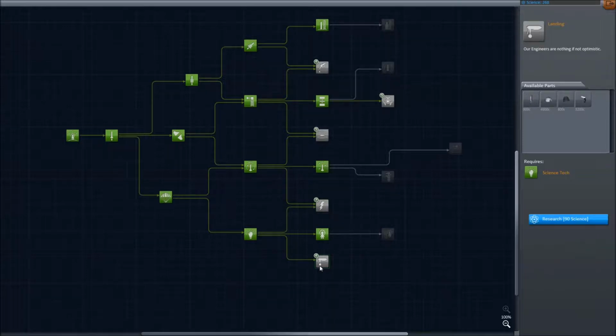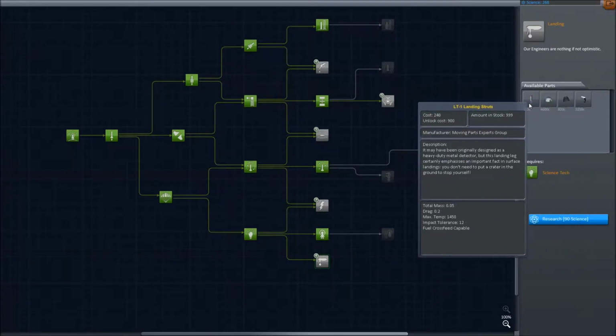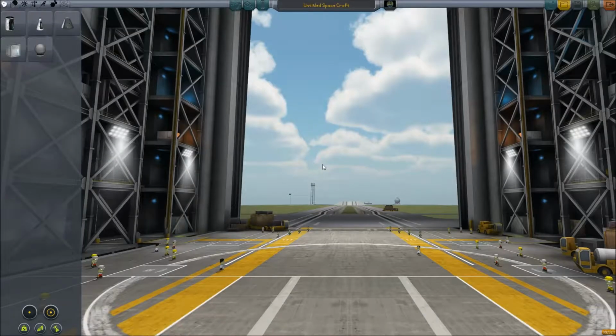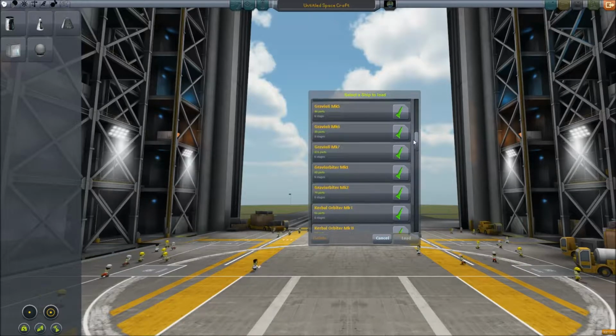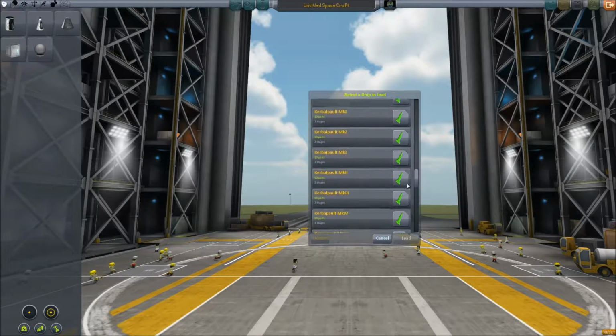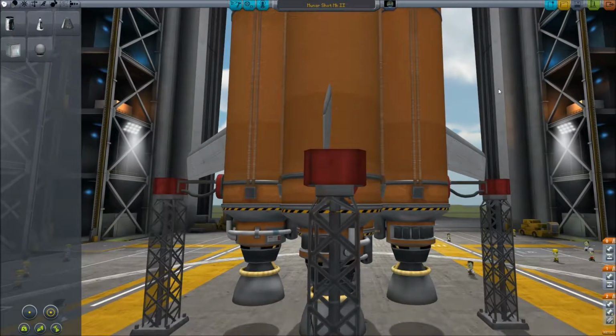So, rather than buying some parts, I am going to immediately run a second mission to the moon with almost exactly the same ship. We're just going to make a few tweaks to it, because where we are, the Munar Shot Mark II. So the changes that we are going to make...